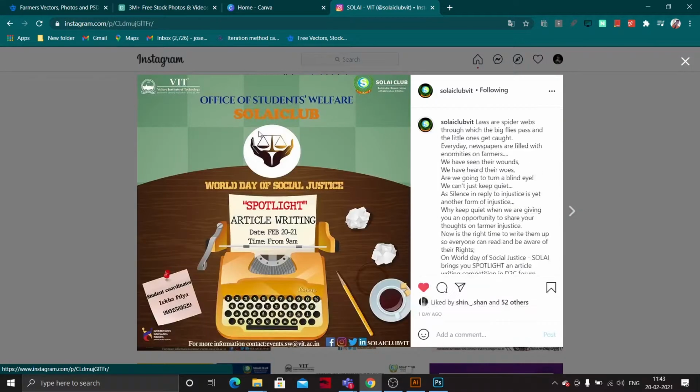See here, the first thing we did was adding logos, and the next thing is, for every poster, we have to add these two: Office of Students Welfare, Solai Club.